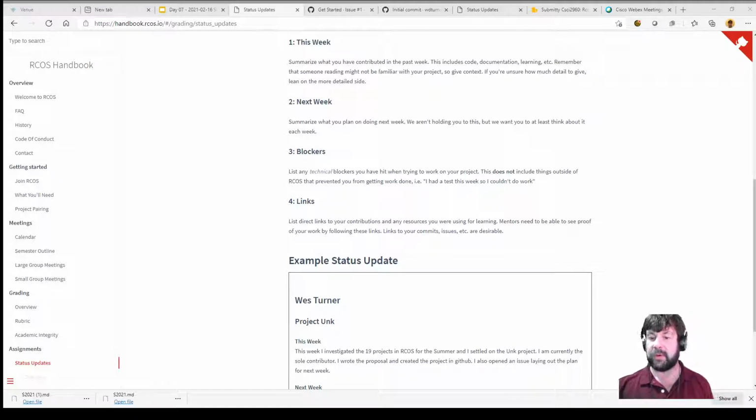So the question is about grading people differently if they're taking it for different numbers of credits. What we do is we take care of that at the macro level. So the cutoffs and the amount of missed classes and everything are adjusted for people that are taking it for fewer credits. We still want them to be graded, right? There's nothing in the status update that's specific to a certain number of credits. We don't even grade on the number of links. We just want there to be a links section. So there shouldn't be any differential grading based on number of credits. We'll take care of that at the meta phase, I guess, not macro, meta phase.